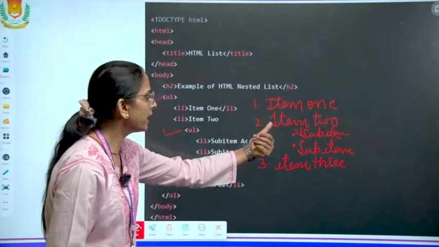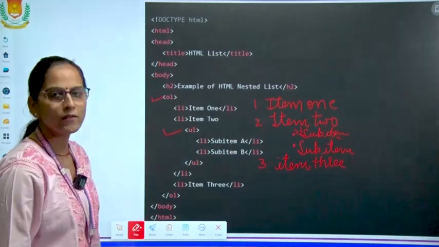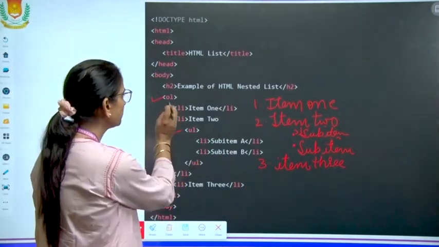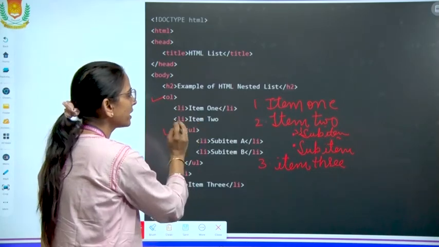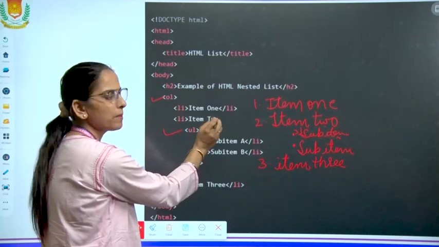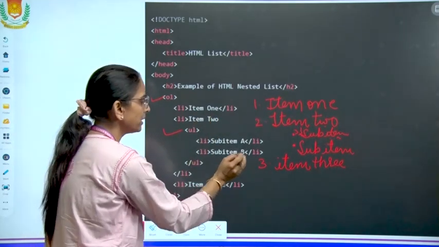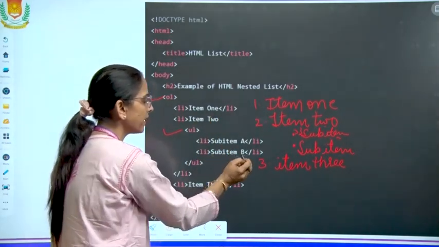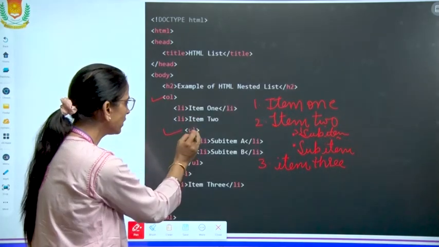Now just see the way the sequence is explained. First of all, 2 list items are given. Then within the second item we have sub items, sub item A, sub item B. Now this list is closed here.